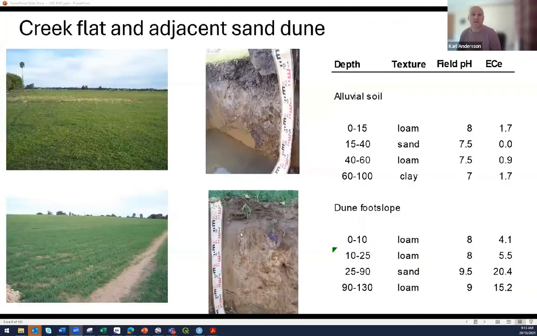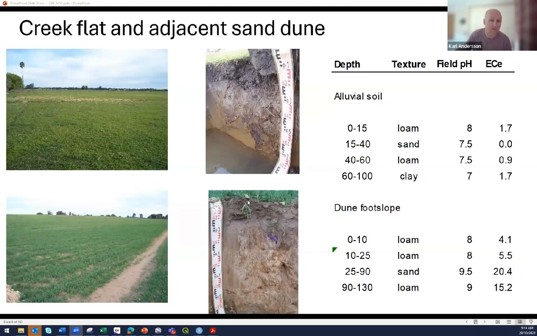Another view of looking at some soil profiles down here now is a local difference on one on a sand dune and the adjacent creek flats. So in the top one, you can see obviously that's close to the creek. We've got our water table sitting there, and again we've got accumulation of organic matter and a pale layer onto the clay. On the sand dune just nearby,